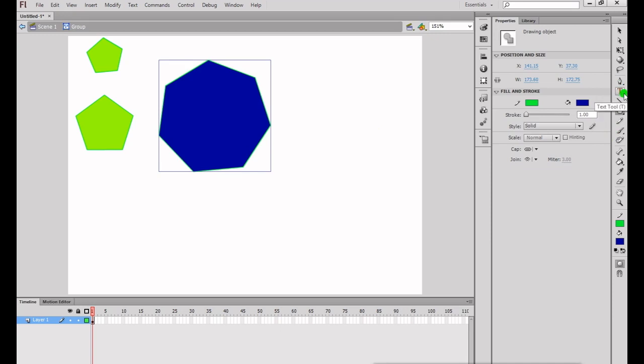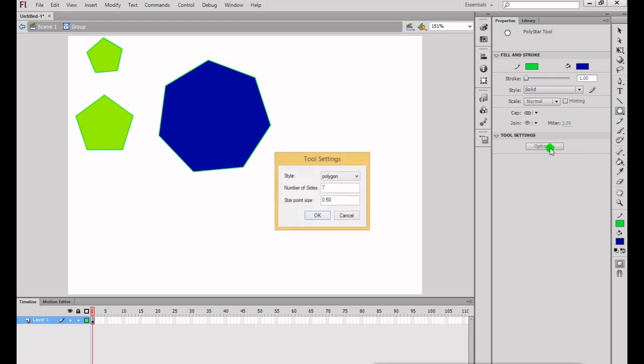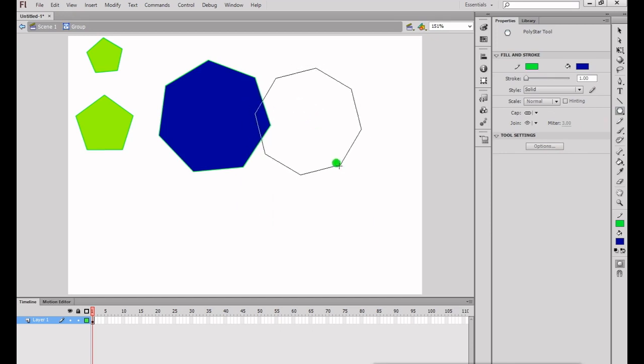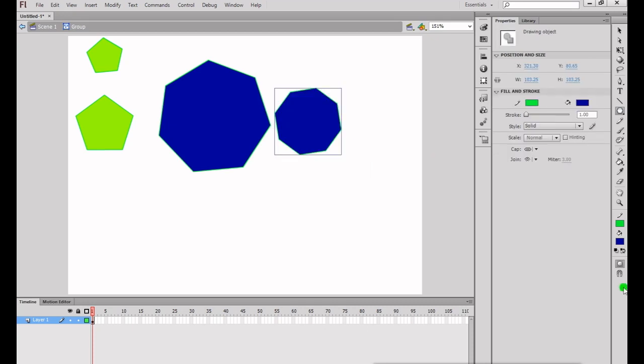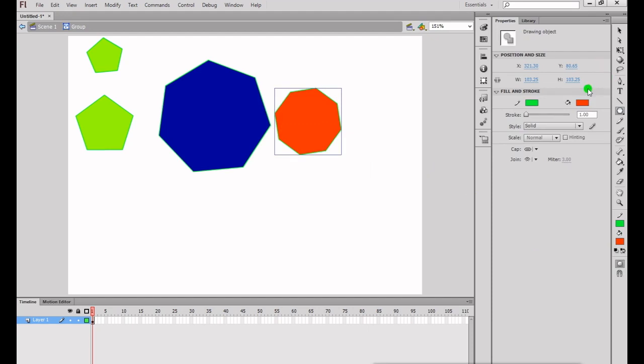This way you can draw polygons with different sides. And 7 changed into 8. Then click on OK. Then draw this 8 sided polygon. This way you can create polygons.